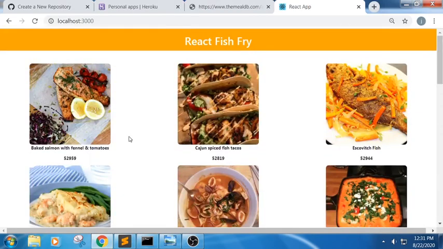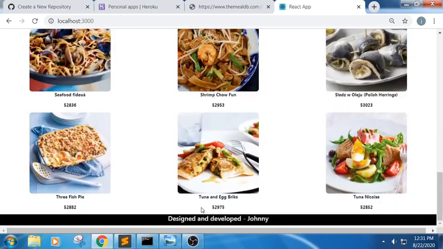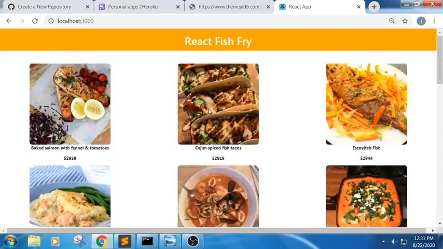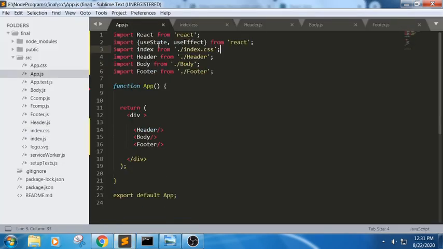Like, we got a heading part, the body part, and the footer part. So this is how we have done the basic application of React. Now we can see, sometimes the CSS will not get applied. Always remember, you just need to make sure that you use it in this. So let us have a revision, a recap of what we have done.